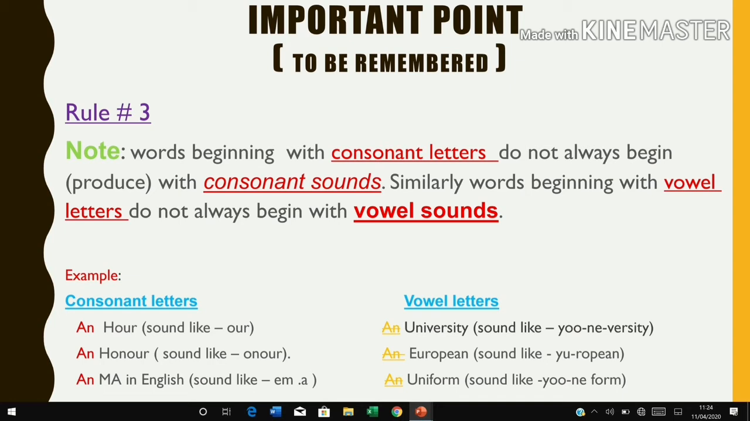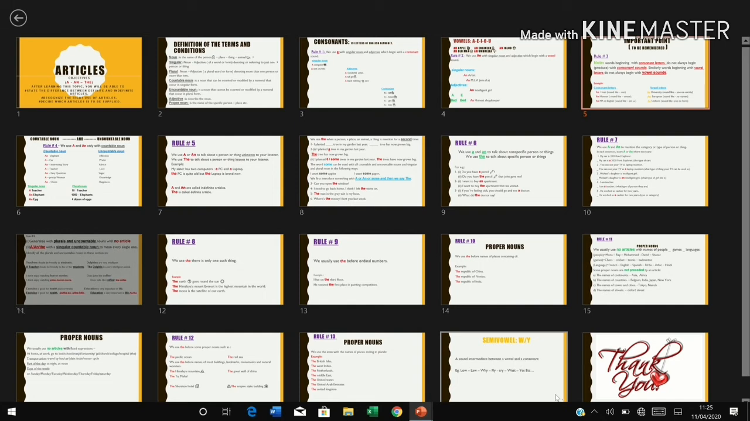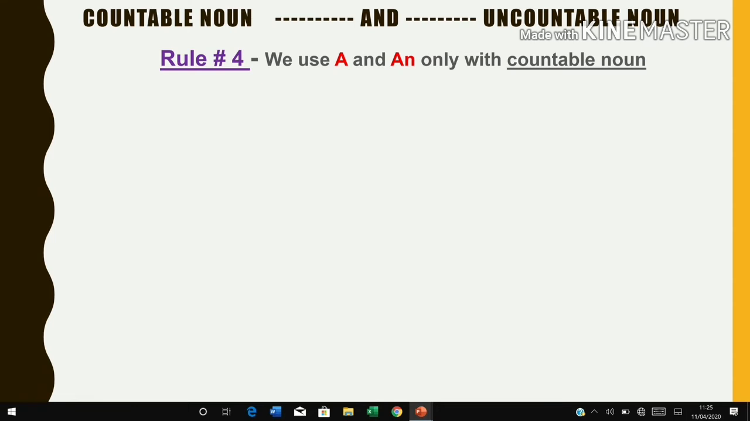The second element of our article is an. We should not write it like this before words which are produced with a consonant sound. Got it? And here also, with the consonant letters, we can write an because the first letter is silent and the word is produced with a vowel sound. So we should write an. The next is, our next rule is,